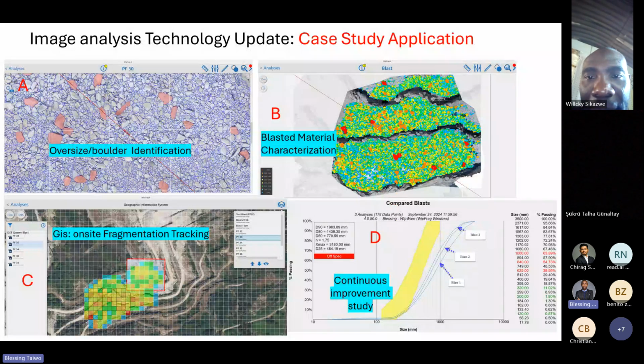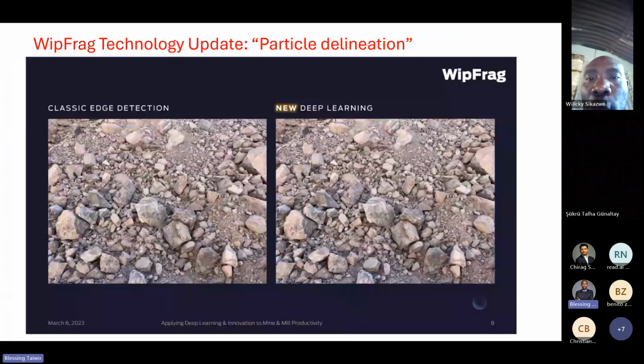So if the loader operator has this kind of chart or image, he can easily know where those big boulders that will be causing issues during the loading are, because if the material is bigger than the bucket size, then the operator will need to do a lot of maneuvering before he can pick the material. This will delay the shift and also delay the whole fleet operation. So you want to make sure you have this kind of information to make decisions using image analysis technology.